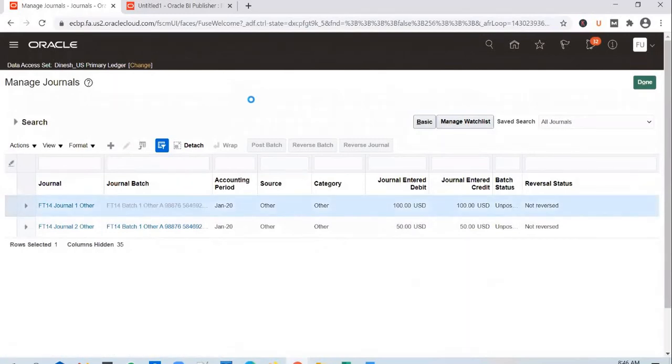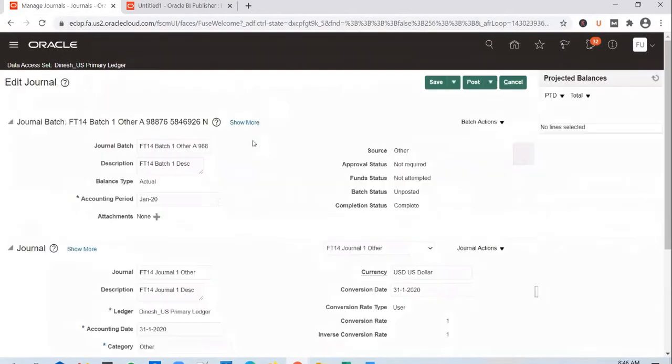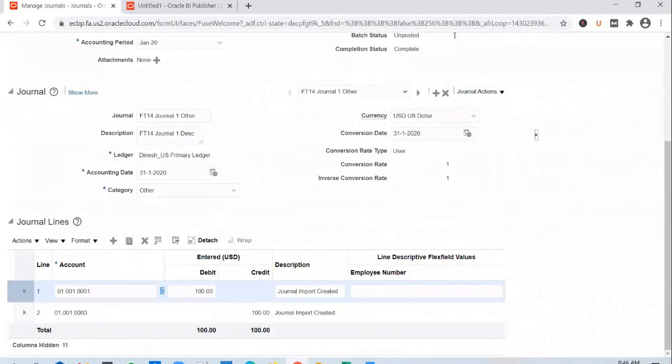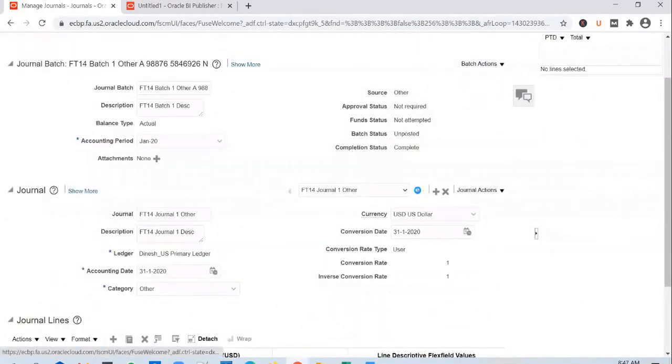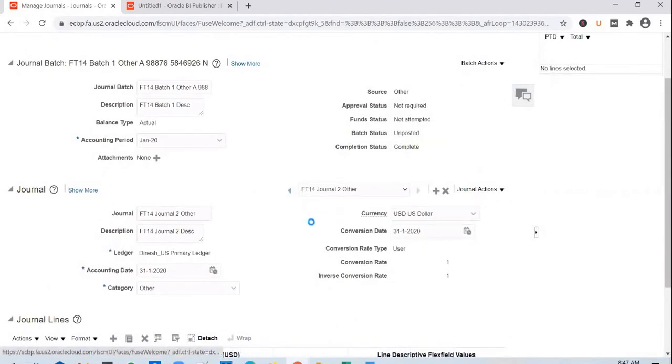So you click on the batch name, and you can see the details. You see the batch level details here, and you see the journals. If there are multiple journals within the batch, you see an arrow mark enabled, so you click on it to go to the next journal if you want.